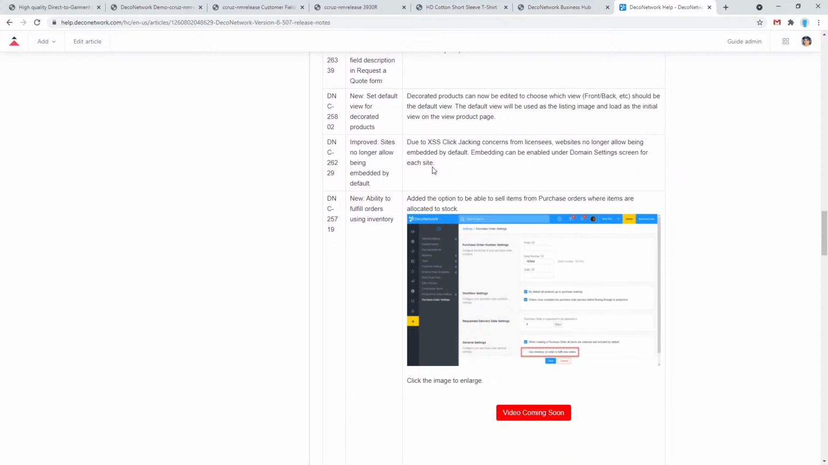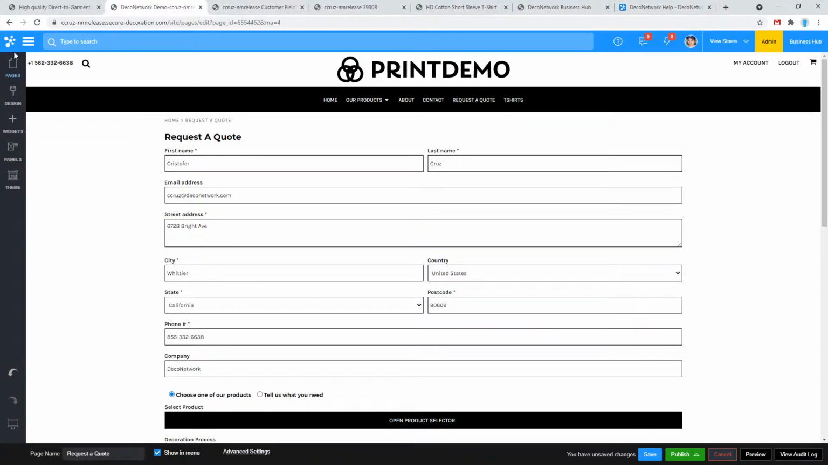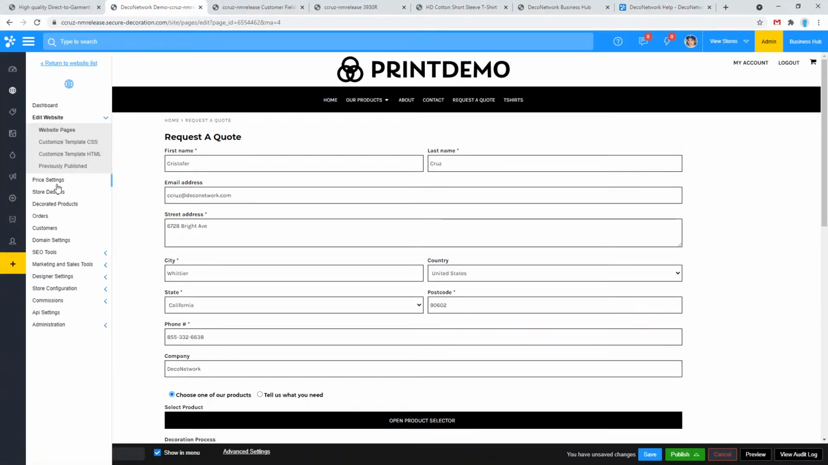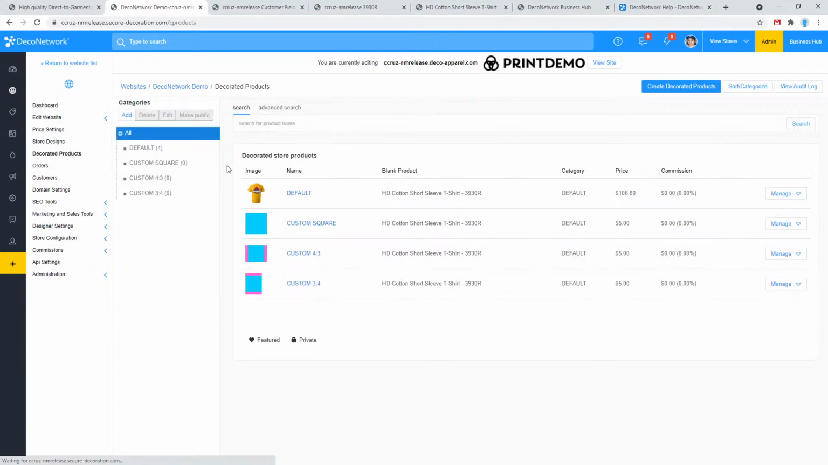Okay, next feature down. Oh, this is a really cool one. This is related to decorated products, and it has been a frequently requested feature. If we take a look at my decorated products, I've got just a few here, but I've got one that I think we can use as an example. So if I configure the